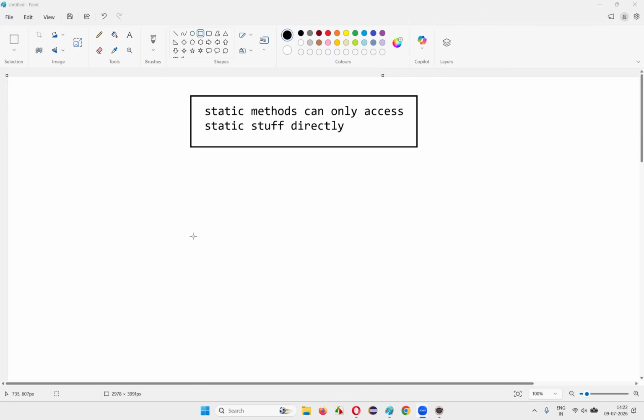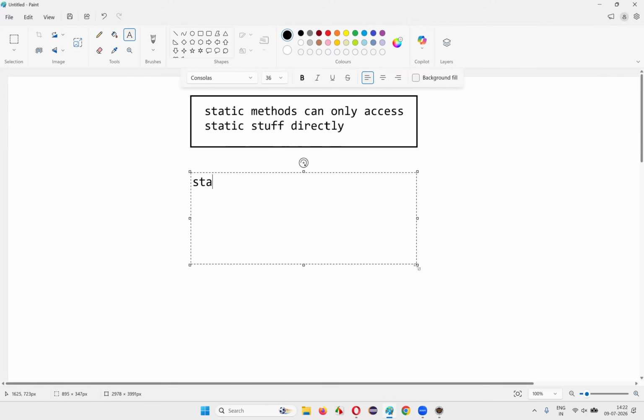In this session, I am going to explain and practically demonstrate how static methods can only access static stuff directly in Java. So let's get started. Let's say there is a static method. Inside that method,